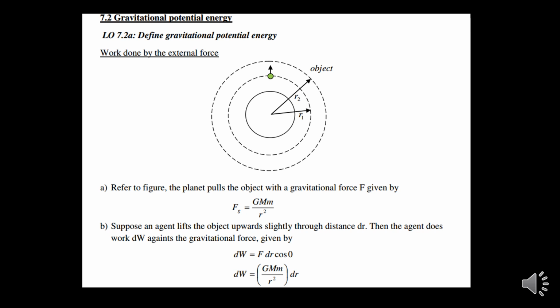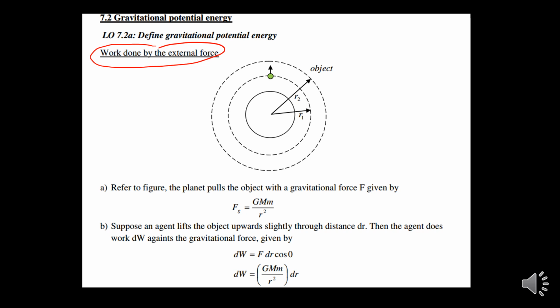Okay, so today we're going to learn a new subtopic, 7.2 gravitational potential energy. Learning outcome 7.2a is define gravitational potential energy. So let's discuss work done by external force first. Okay, so work done by external force means that